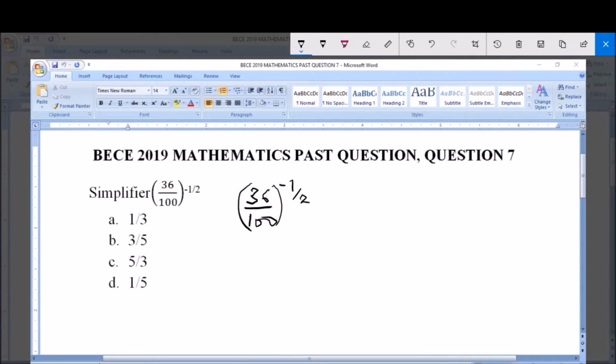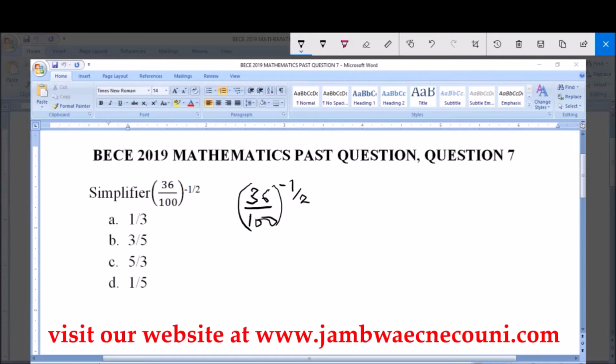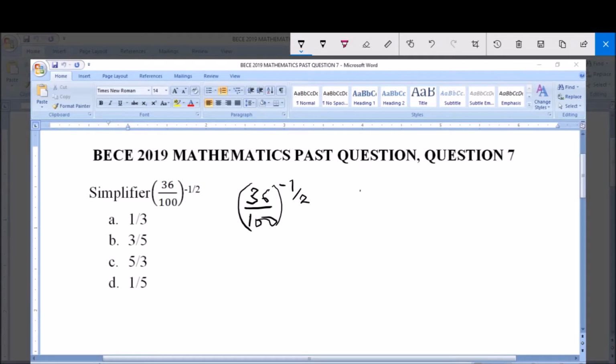Now like we know, this minus 1/2 here represents what? The negative sign represents the reciprocal of this number. So it represents 1 over (36/100) all raised to the power of half. That's what this negative sign is. So when you see a number raised to a negative power, you should know that it simply means